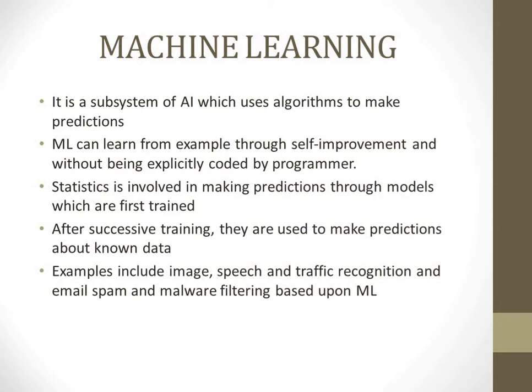Next, we talk about machine learning. Now, this is a subsystem of AI. It uses algorithms to make predictions. It can learn from example through self-improvement and without being explicitly coded by a programmer. Also, mathematics is involved here as we use statistics in making predictions through the models. First, there are a lot of trainings which take place, and you check predictions. Once you get a result which is desirable, then you can use it